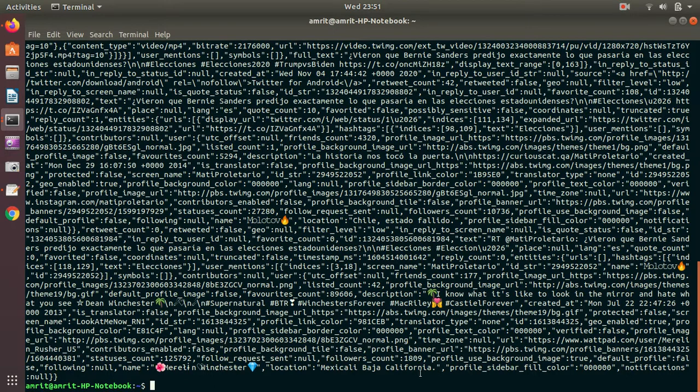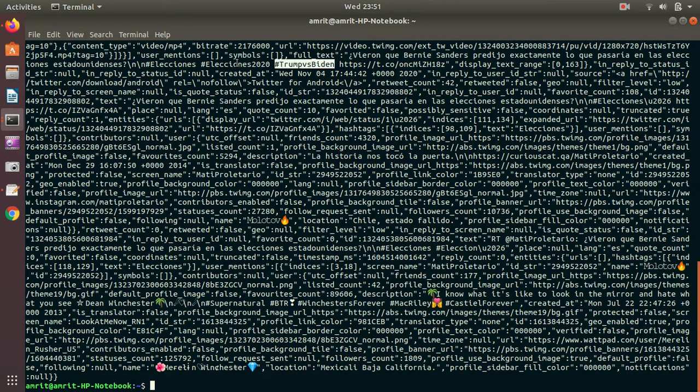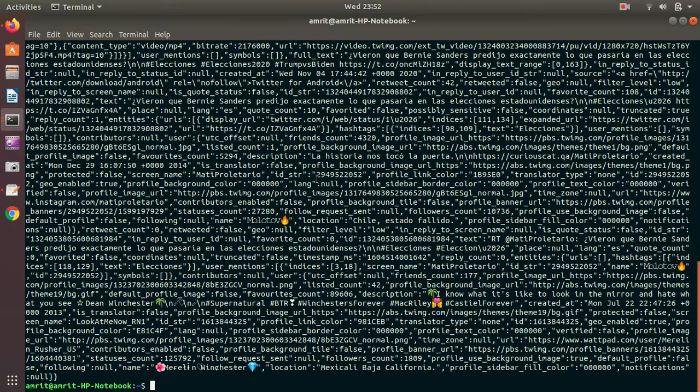You can see some California word is written here. Trump versus Biden. You can see this hashtag elections 2020. It means I'm getting the data in JSON format. It's a semi-structured format, which contains data regarding the US elections.